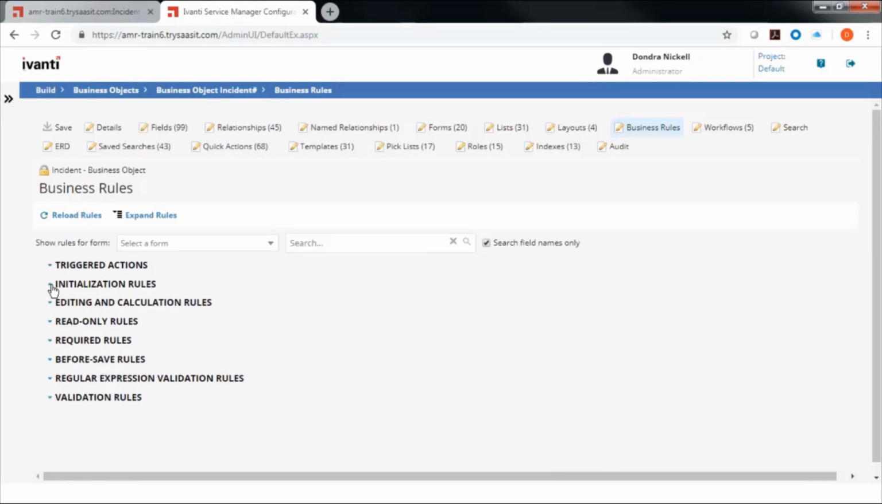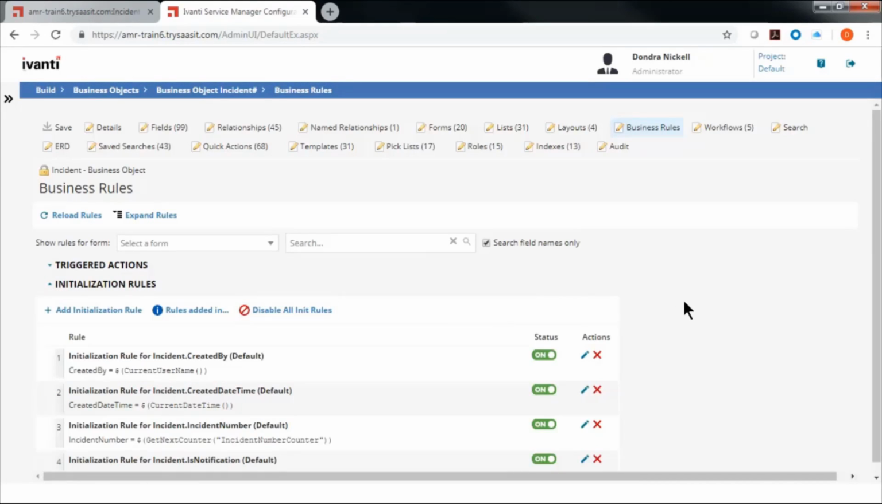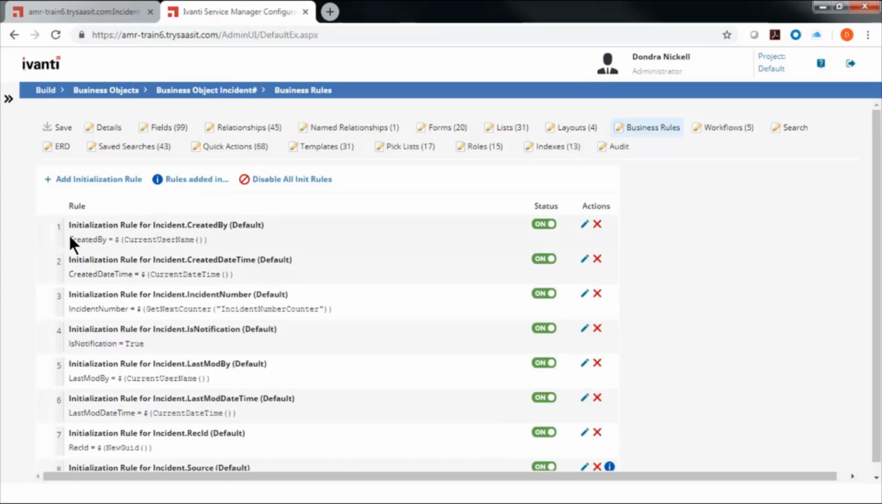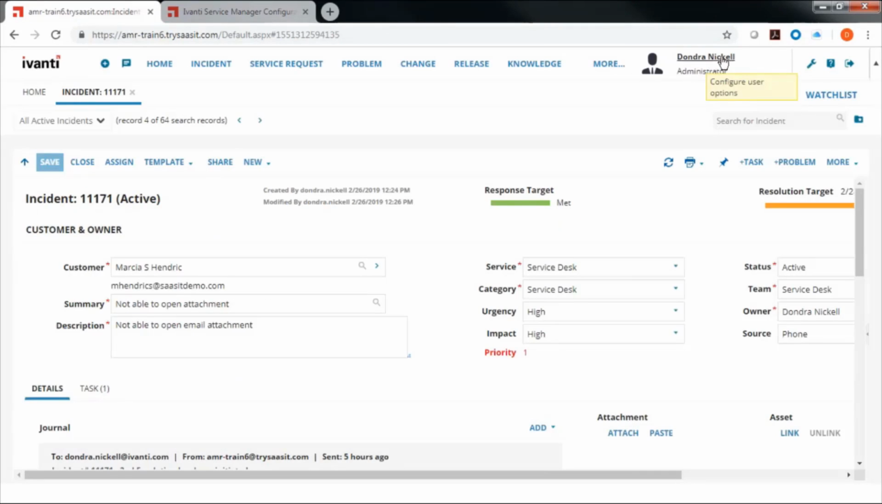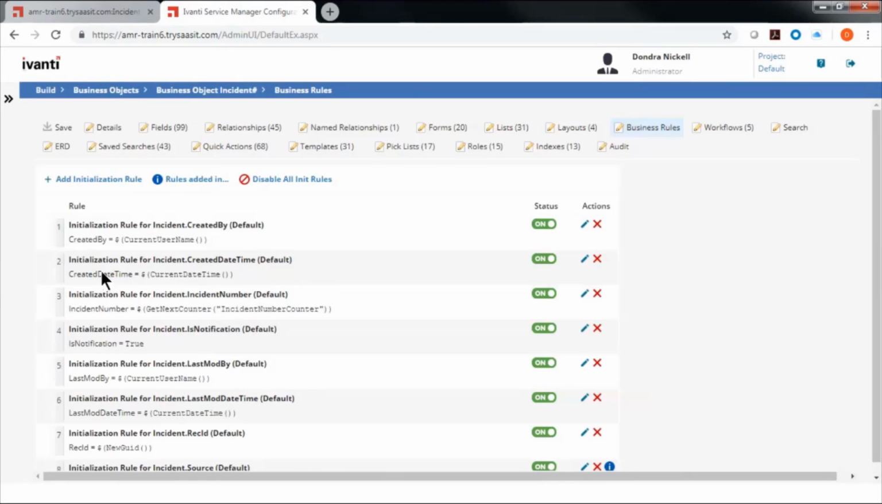Initialization rules. Remember, these are the ones that are filling in the fields when you create a new record. So right here you can see the created by. That's got a function in there that's going to put in the current user name. So when I'm the one that's logged in and I create an incident, it puts my name in the owner field. And then it's got the created date and time, created by, and then